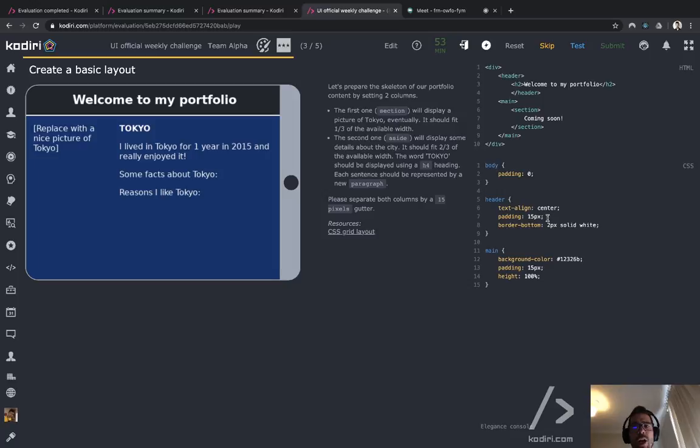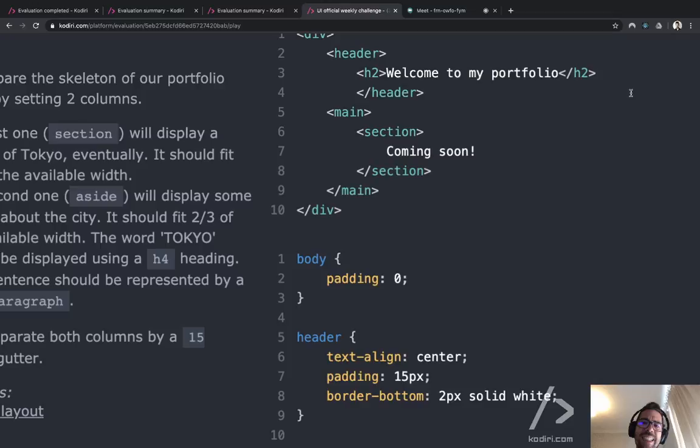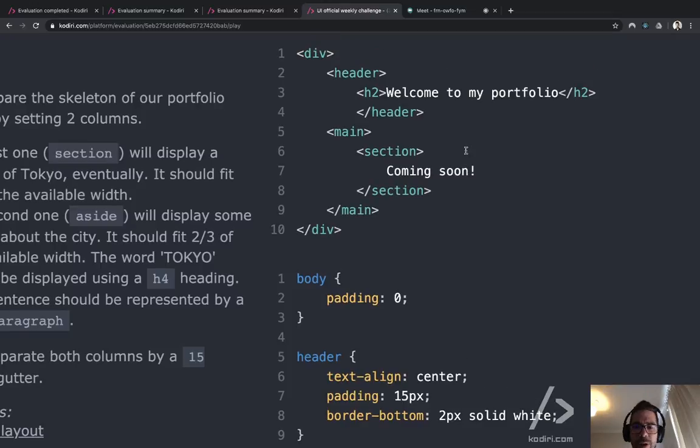I think the CSS was overcomplicated for this question. So let me first of all focus on the HTML bit. So you got a portfolio with a header, and then you got 2 columns. So this is what we call semantic HTML. Why semantic HTML? Because